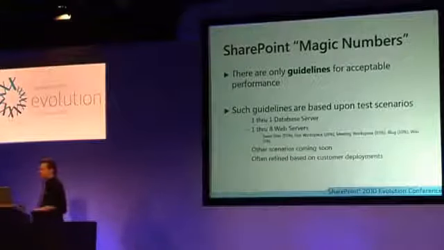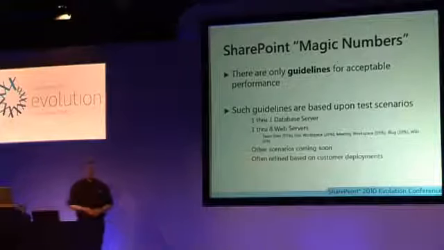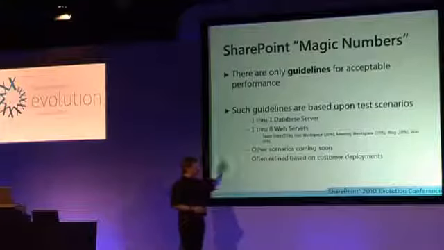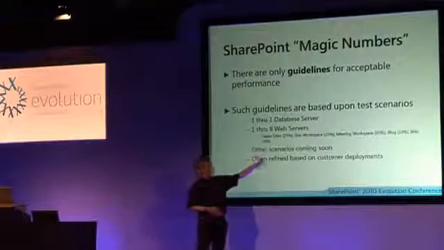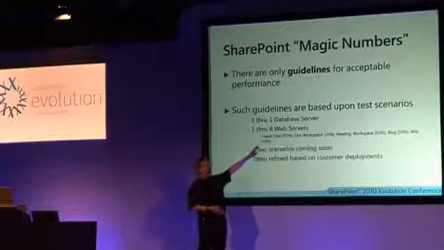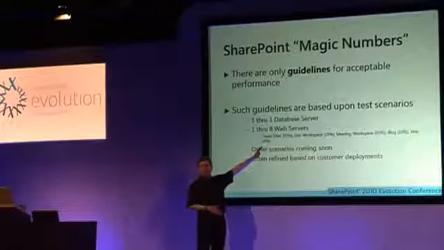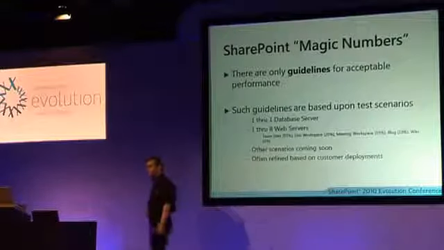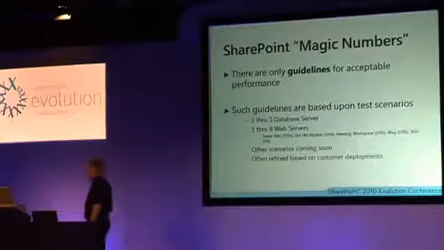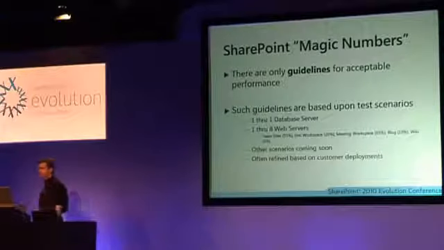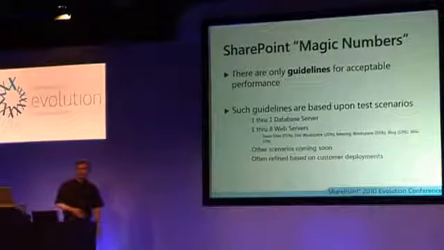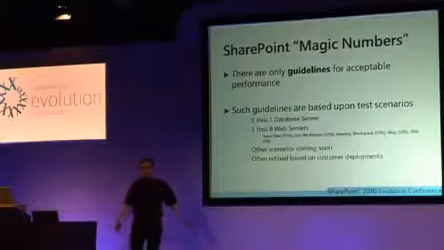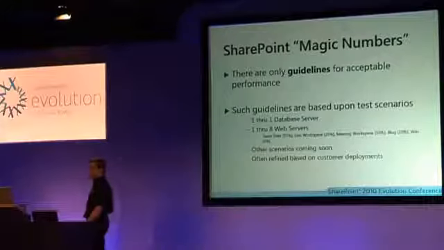In the original ones, the 2007 ones, the test scenario was a single database server and 1 to 8 web servers. But it was this stuff: team, document workspace, blogs, wikis. You notice there's no enterprise features there. There's no search. There's no Excel services, and so on and so forth. Because Microsoft, you might think they've got a bottomless pit of money and resource to spend on things. They don't. They're just like every other organization. They can't test everything. It's just not feasible. And they're probably not the right people to be testing all of it anyway.